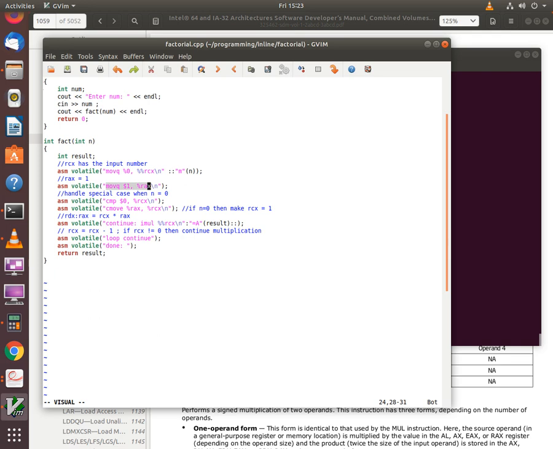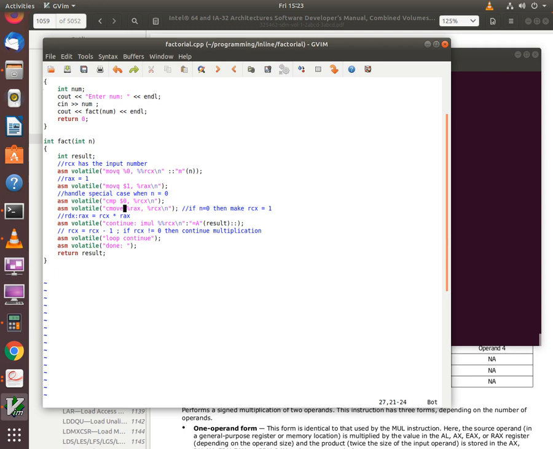So this is more like an initialization instruction. The register RAX is going to contain the result of the multiplications that are going to be done by the program. So we initialize the value in RAX to 1. The next two instructions are to handle the special case when the input number n is 0. So in other words, if it turns out that we have to compute 0 factorial, the next two instructions do some special processing for that.